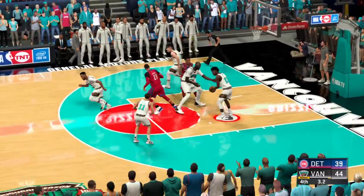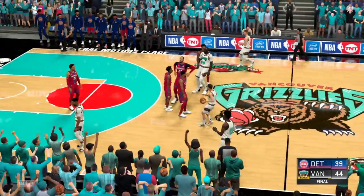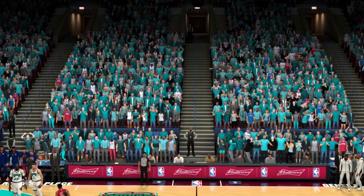The shot by Sexton, no good. So it's Vancouver picking up the win. They didn't make it easy on themselves or their fans, but